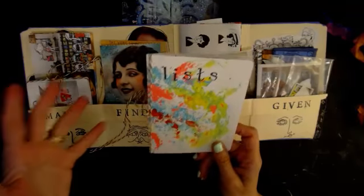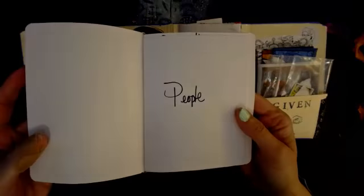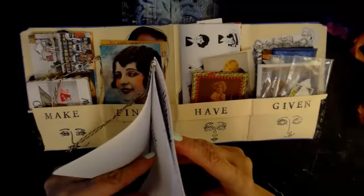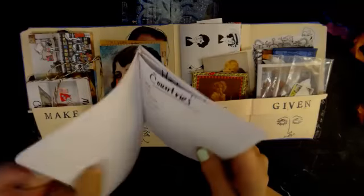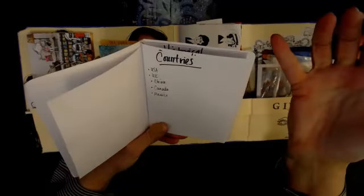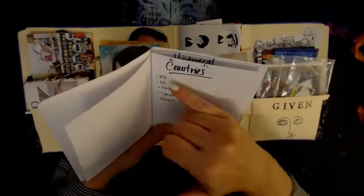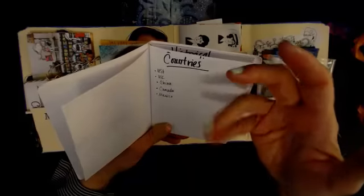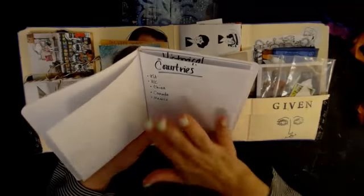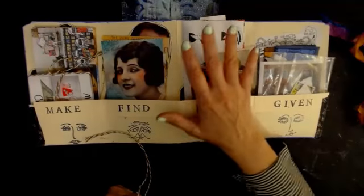It's nothing hard to look up and find or think about. All right, so for people, I made some little lists here. I did countries. Of course, you know how to list countries. I just put USA, UK, China, Canada, Mexico. I just started it to tell you what I mean. So you can do a list of countries, because if you want to keep